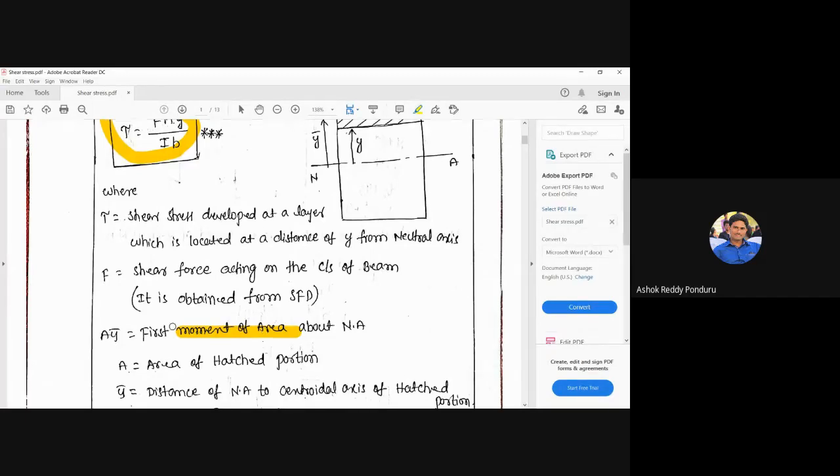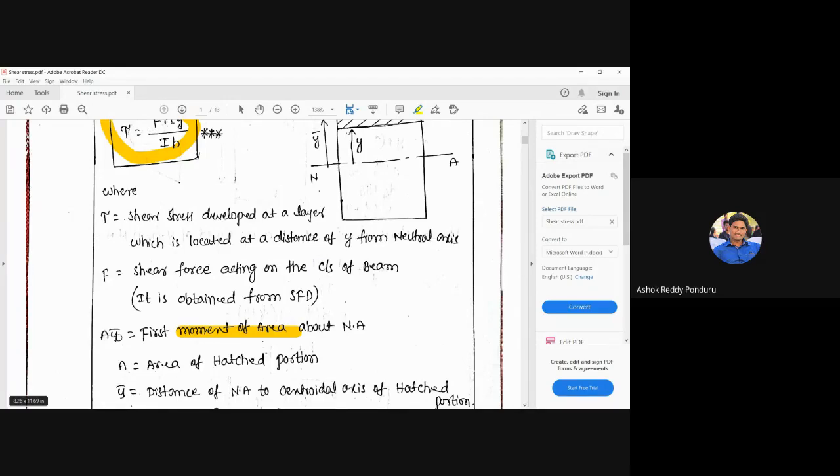Suppose this y bar is multiplied with force, then it is called a moment of force. But frequently we use force multiplied with perpendicular distance and call it a moment. Strictly speaking, force multiplied with perpendicular distance is called a moment of force here. In the same fashion, moment of mass is also there. That means mass multiplied with y bar, the perpendicular distance, is called a moment of mass here.